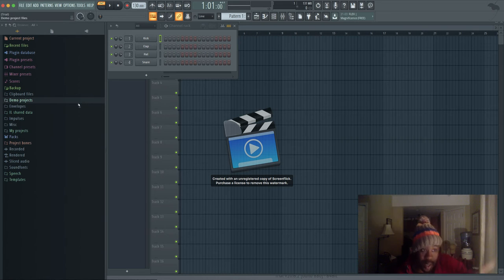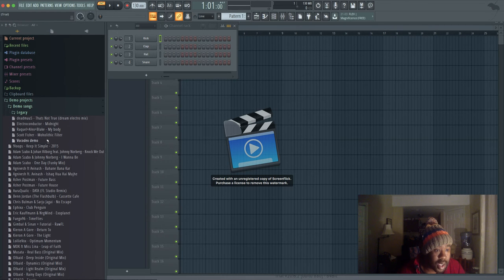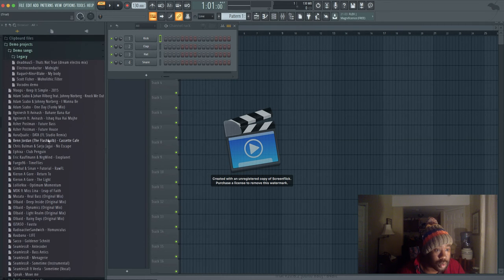This is the browser window. It's the only one that we're going to learn today. And you go down: current projects, recent files, plugin database, plugin presets, channel presets, mixer presets, scores, backup, clipboard, demo projects. Click it. Now you go to demo songs, and you want to go to